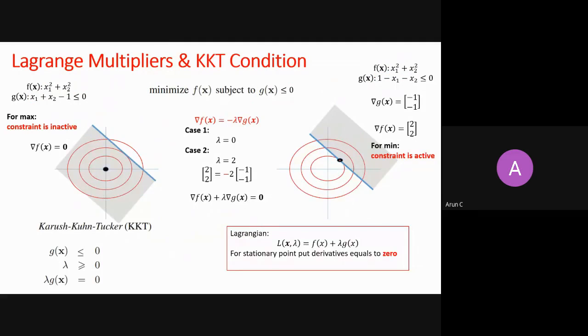So I'm saying that my feasible direction is this, right? This is a feasible region direction, and I want to take a walk in the opposite direction of the gradient of f(x), which is this direction, right? So they are anti-parallel, right? So I can come to a conclusion such that the gradient of f(x) is equal to negative lambda. So it is anti-parallel, but I don't know what this magnitude is.